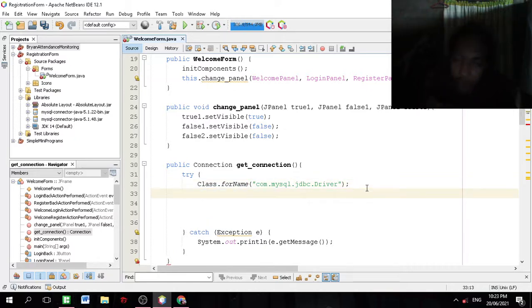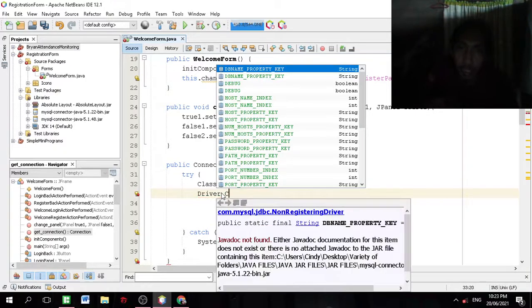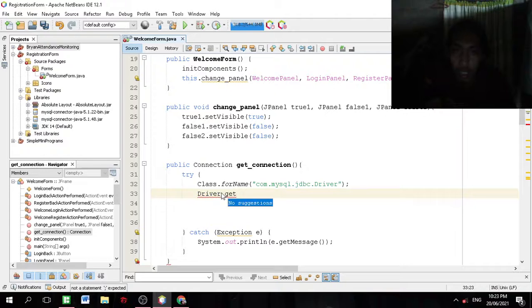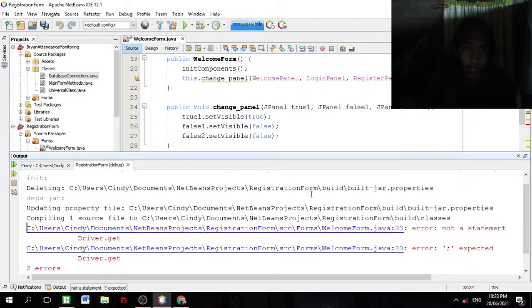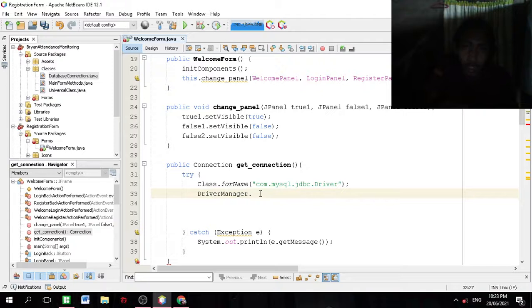After that, let's do DriverManager dot. I guess it's just driver dot. Okay, so DriverManager.getConnection, and here is going to be JDBC